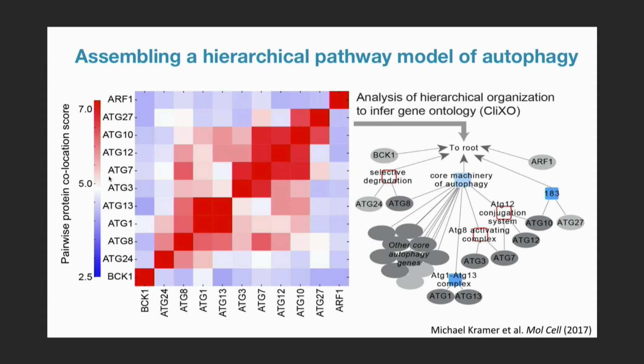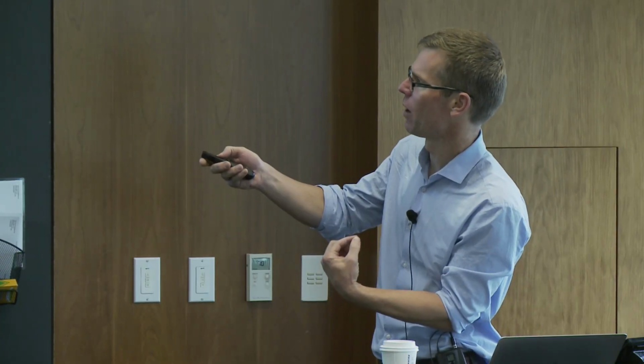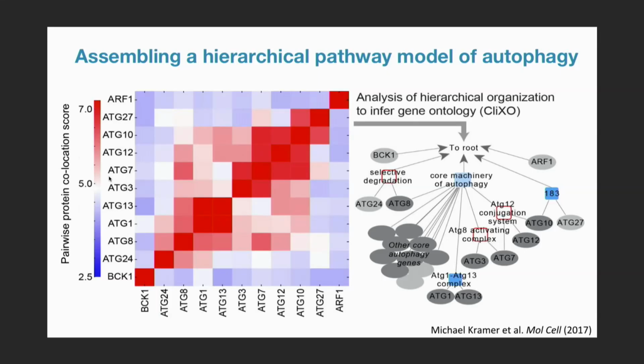And so in these kinds of integrative endeavors, you then get one graph out to rule them all, and the quantitative score of a particular pair of proteins in that graph is simply summarizing many kinds of evidence. And so if you care about the kind of evidence, you have to then unravel it later. So for instance, ATG27 here and ATG10 have a high score, and you'd have to go back into the data and look at the features that explain that high score, and it turns out it's a very strong protein-protein interaction, as well as one of the most correlated gene expression pairs of genes in the whole data set, and that's why you get that red intensity there.